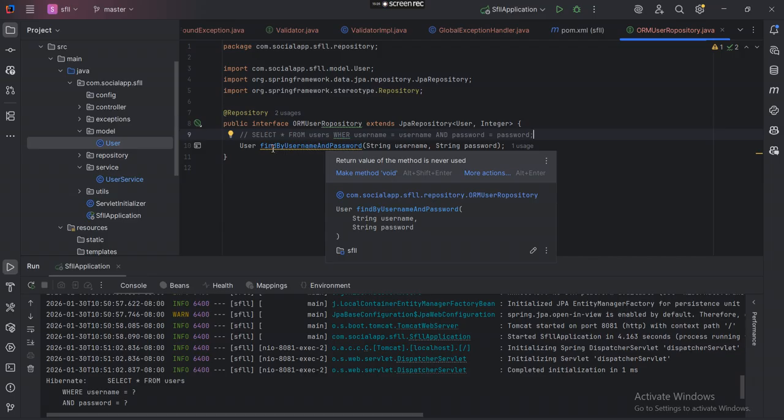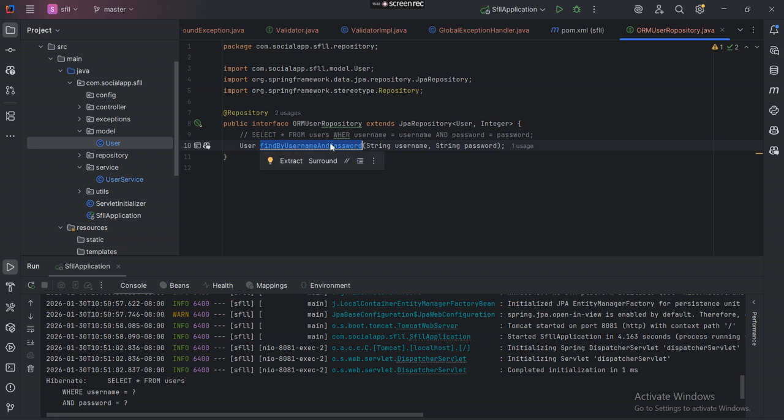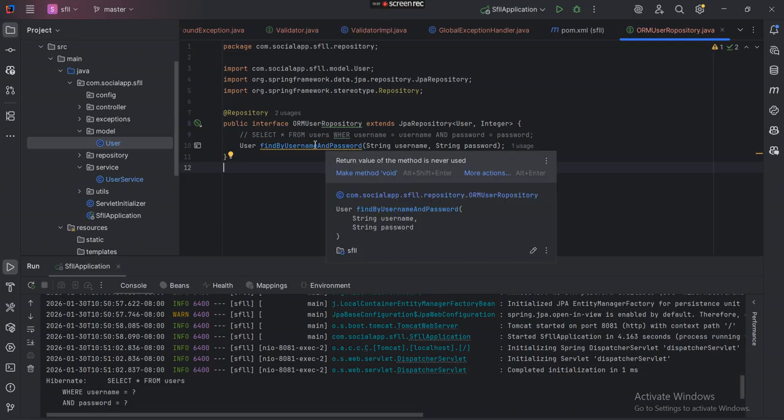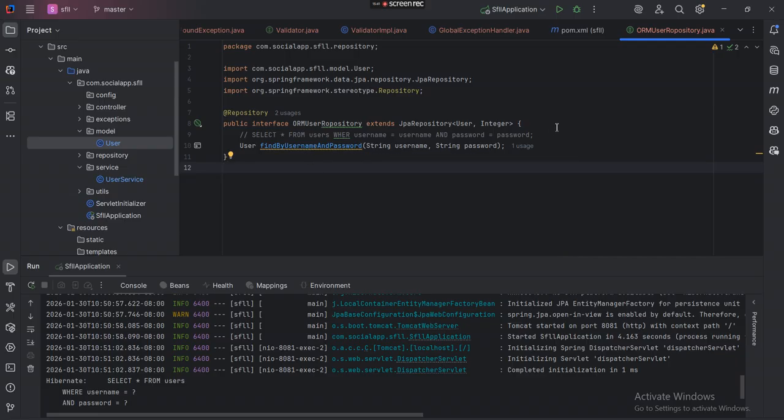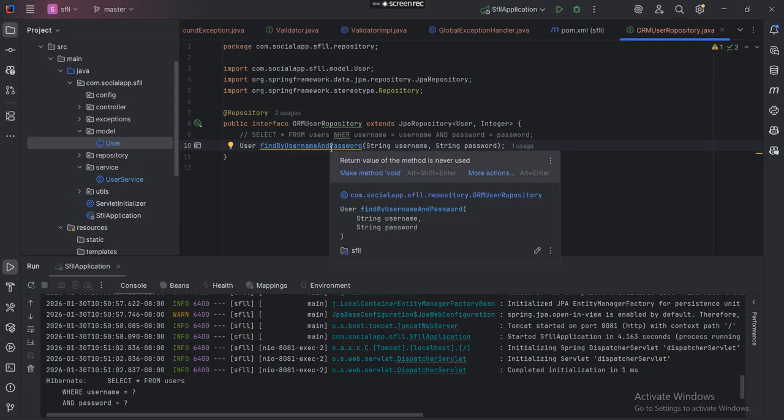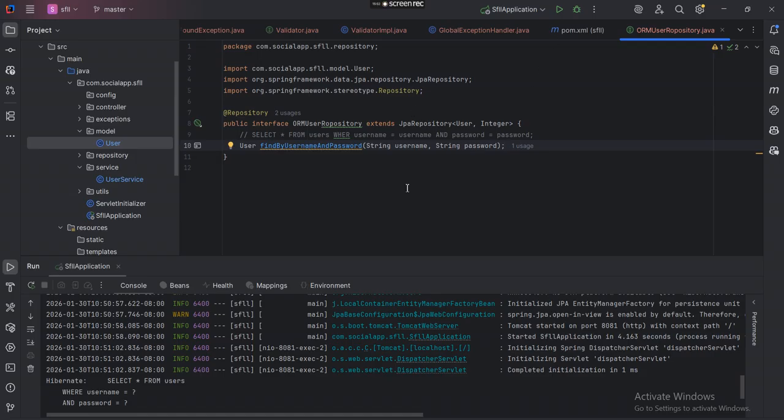JPA is implemented in such a way that it allows you to use camel case names of the fields and certain operators to do slightly more complicated queries without actually writing out the native query itself. It really takes out the boilerplate code and does the heavy lifting for you for most of the basic queries, and that's why a lot of people choose it. So